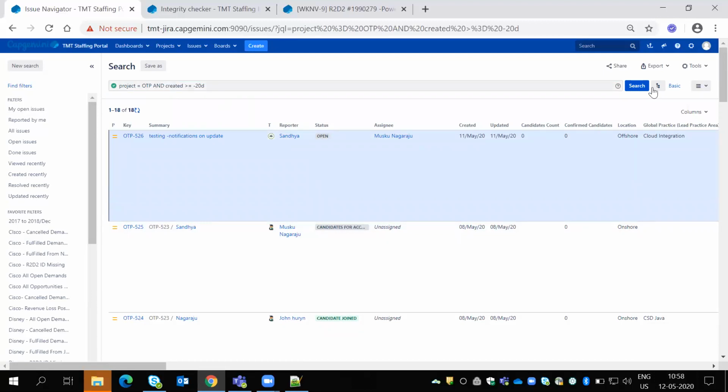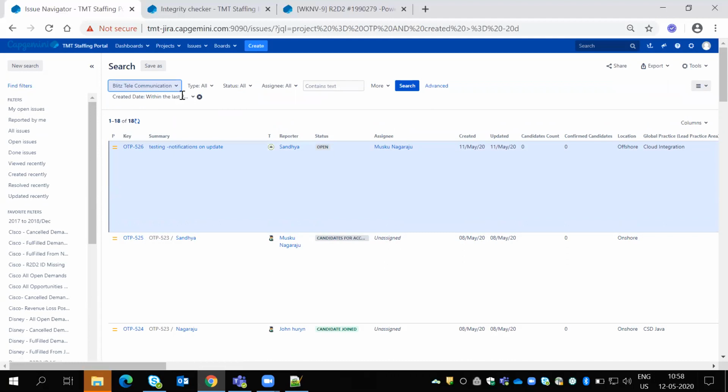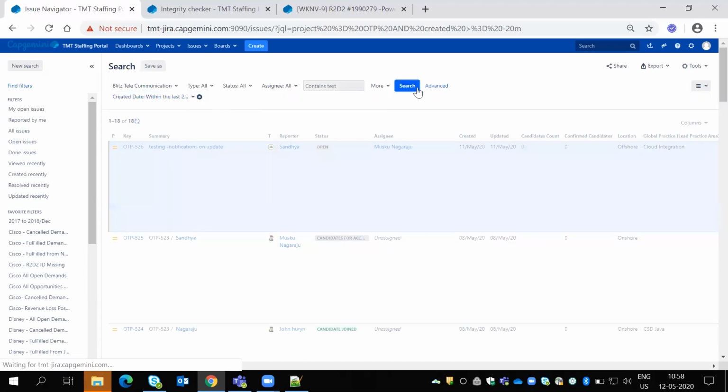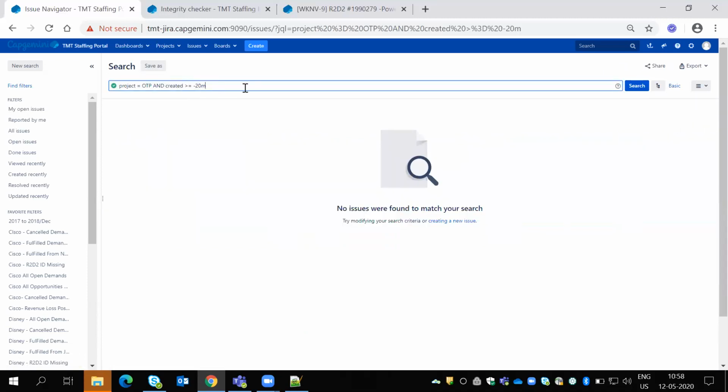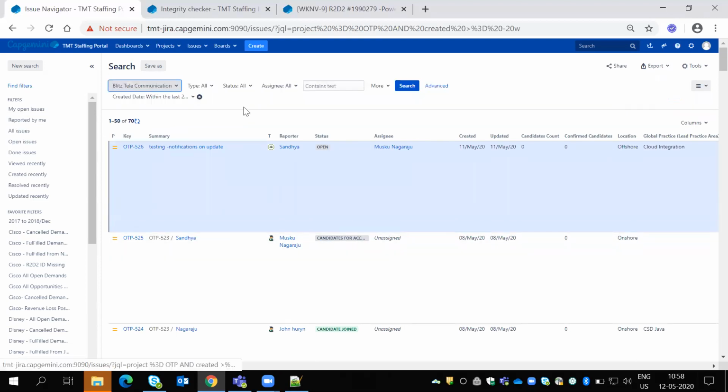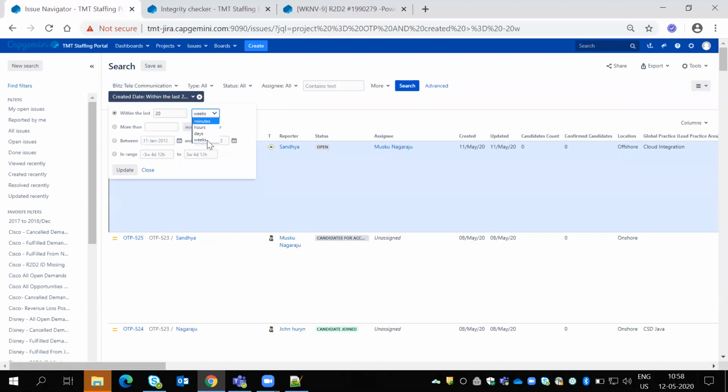Suppose I go with days: when you write D, it is a date. When you select minutes, 20 minutes will become, which comes as M. When I click on weeks, 20 weeks will become. Based on that it will become minus 20 weeks, minus 1 day, minus 1 minute or something like that. Okay, so we can select everything from the drop down, so we don't need to worry about anything.